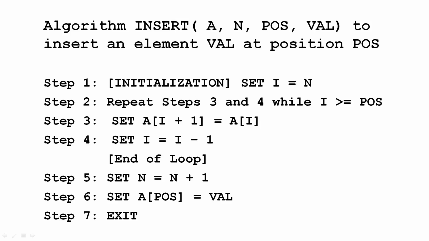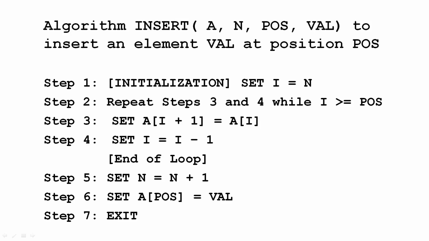As you can see, if I choose the first option, I will end up having same values at each position. Now, if I go with the second option, you can see that it will serve the purpose. This means that I should start with n and move towards pos. So in the algorithm, I initialized a counter i equal to n. Then I'm running a loop till pos. In the loop, I'm setting the next element equal to the present element and then decrementing the counter by 1. At the end, when the loop finishes, I will increment the length of the array by 1.